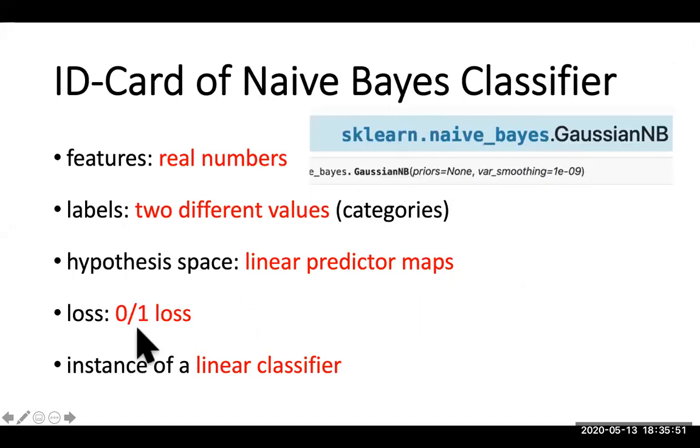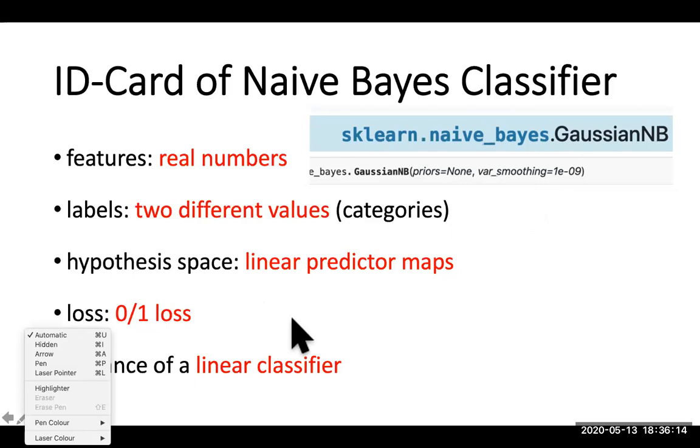And the 0,1 loss, replacing the logistic loss with the 0,1 loss gives the naive Bayes classifier, and it's implemented here in Python using this object. And in order to find the predictor or classifier with the minimum loss, even though the 0,1 loss is difficult to minimize, in Python, it's as easy as using